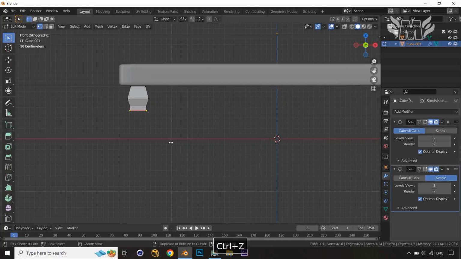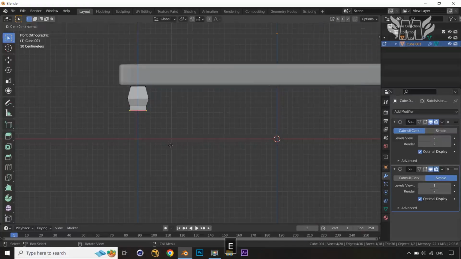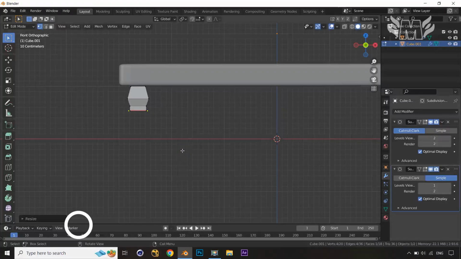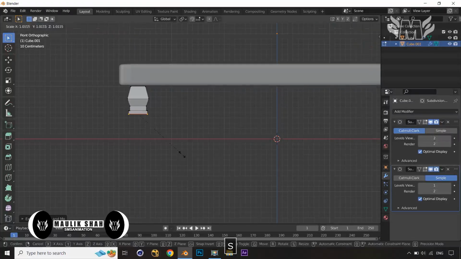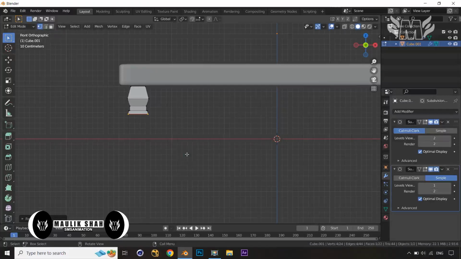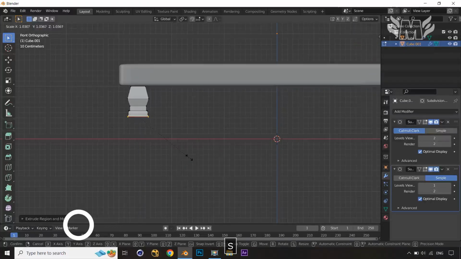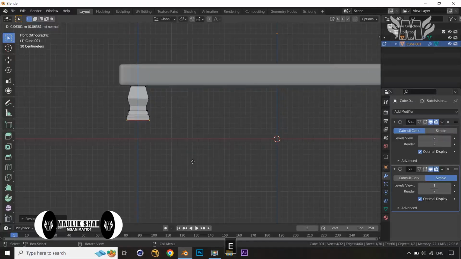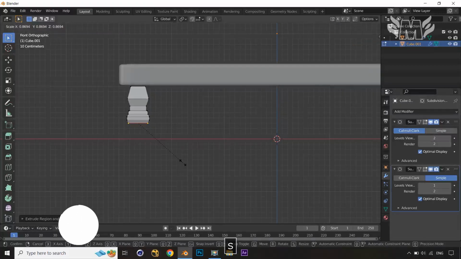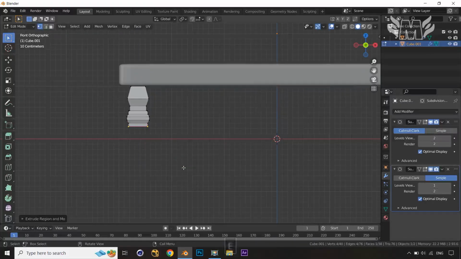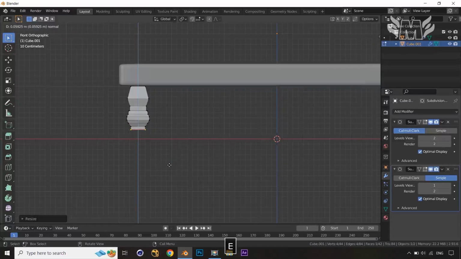Control Z, Control Shift Z, E and extrude, that cancel it, then let's make it a little bit bigger, something like this one. Okay, then E and extrude, then make a scale something like this one. Then E and extrude again and scale again, then E and extrude, then E and extrude again, and let's scale down a little, then E and extrude again, scale down again, E and extrude again, and scale down again, something like that,